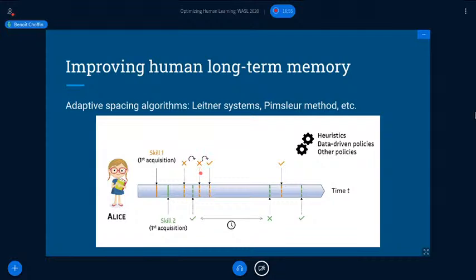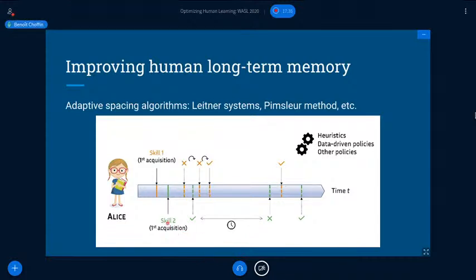And the second time it's also incorrect. And so the time gap between the next two repetitions, here, is shorter than here, because we assume that the scheduler has found that Alice should review it even sooner. But here, the answer is correct. So the next time it's much later, and here we see that Alice manages to remember this item correctly, thanks to the repetitions.